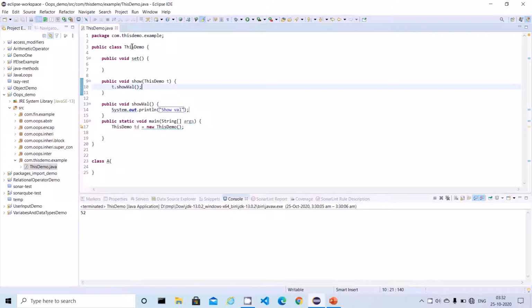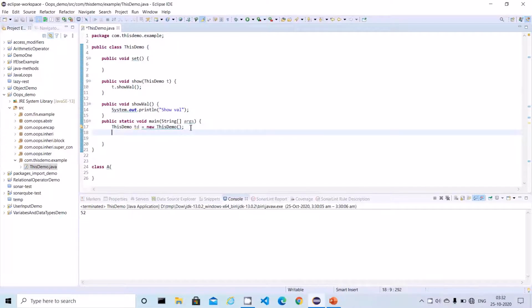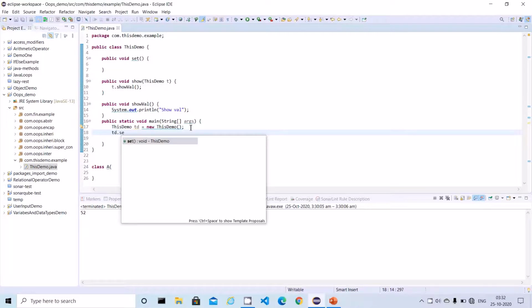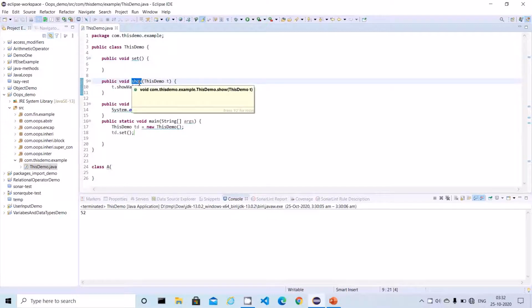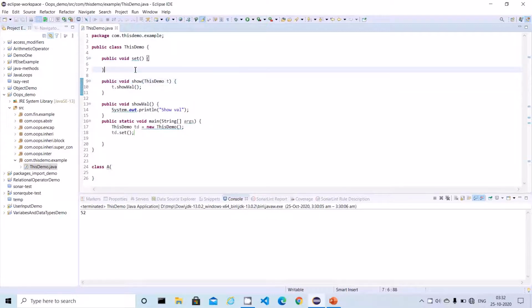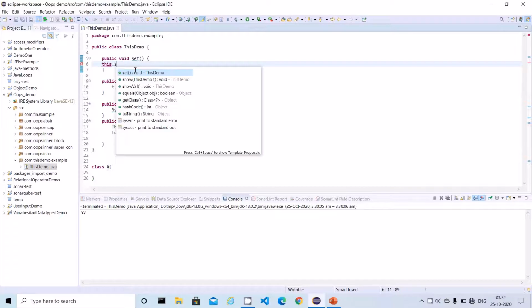Basically I'm going to create an object for this one, and I will try to call the d dot set. So what I'm trying to do here, d dot set, I'm trying to call this method, and from this method I want to call the show method. You can use this dot show.